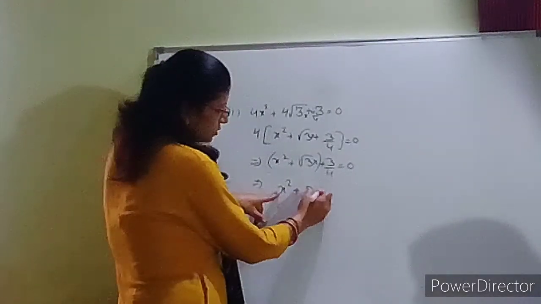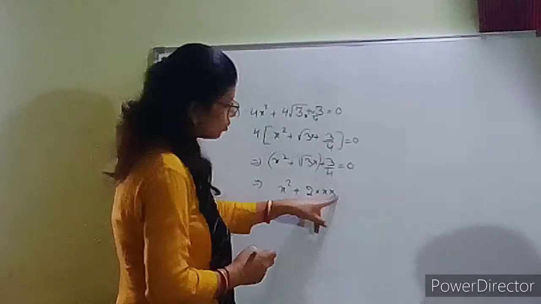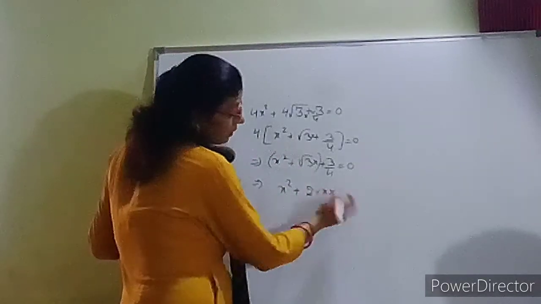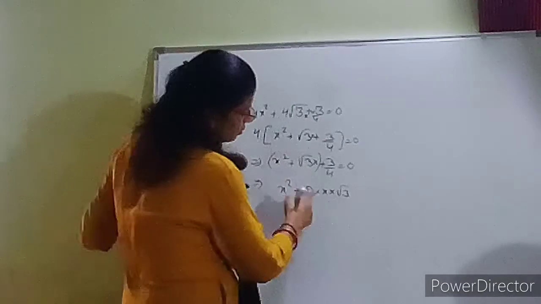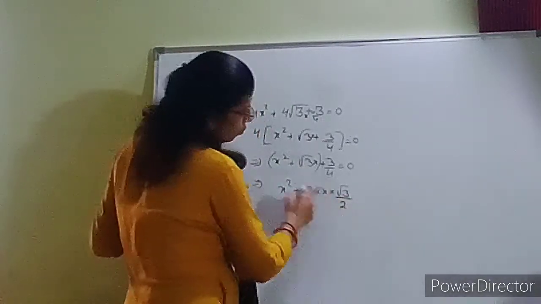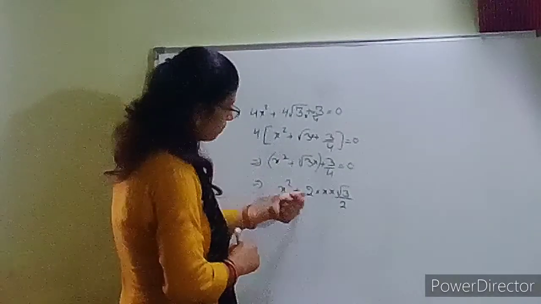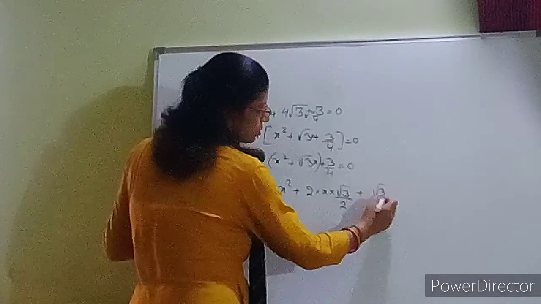2 in the place of a, x. In the place of b we have to write that term, so it will become root 3x. Okay. So in the numerator root 3 is here, but here is not root 3, so I am writing root 3. But in the denominator nothing is there, so this 2 I am writing in the denominator, 2 and 2 cancel. So root 3x we will get. Okay, a square plus 2ab, so b we are getting this, plus b square.